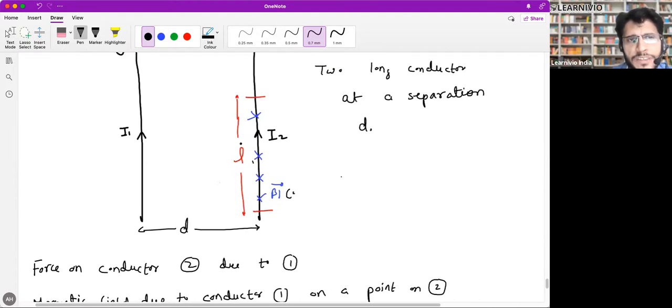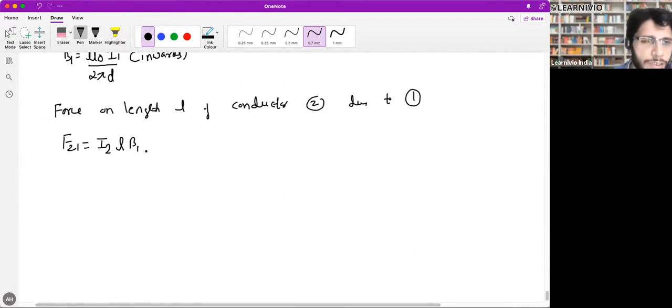Shahzada, what's the angle between them? See, this is the length of the conductor and the magnetic field is inwards. This is the direction of current and the magnetic field is inwards. What is the angle between the current and magnetic field? 90 degrees. Magnetic field is inwards and current is upwards. This is along the Z axis, this is along the Y axis. So definitely the angle would be 90.